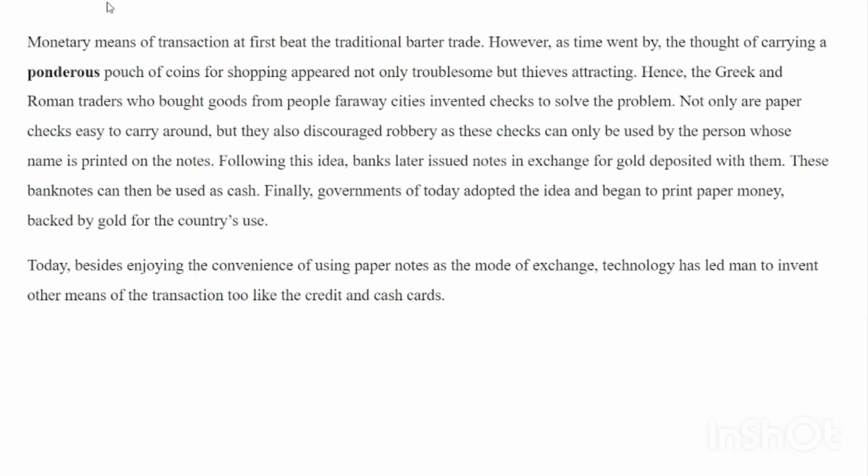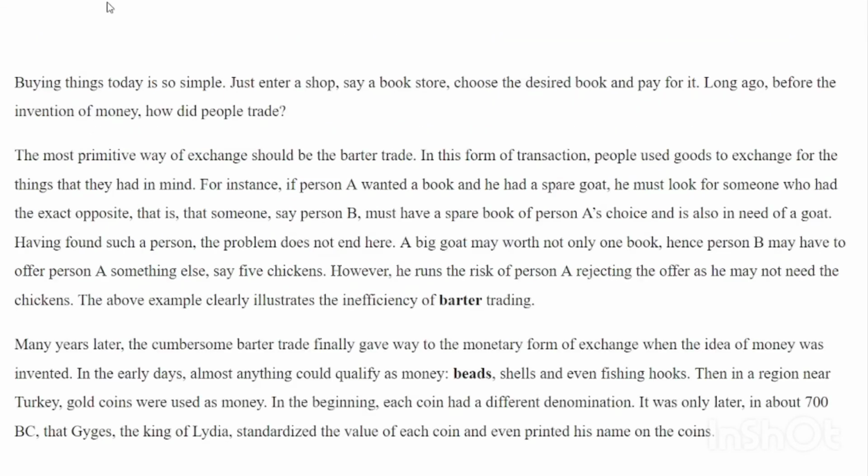Then you go to the last paragraph and it says, today, besides enjoying the convenience of using paper notes as the mode of exchange, technology has led men to invent other means of transaction, too, like the credit and cash cards. So by reading the first paragraph and the last paragraph, we can see that this passage is about the history of money, buying, what buying was like years ago,